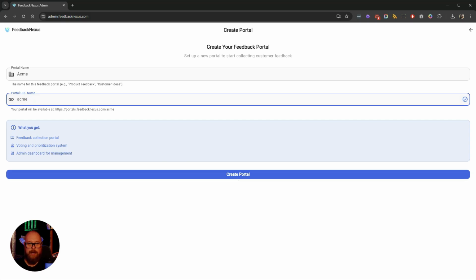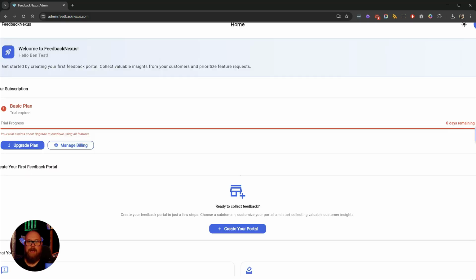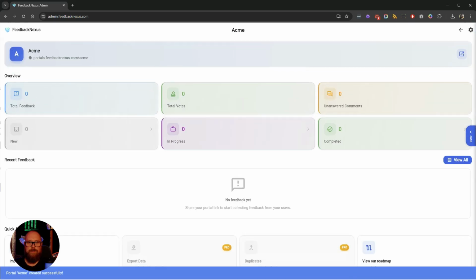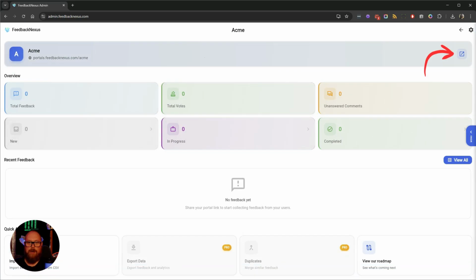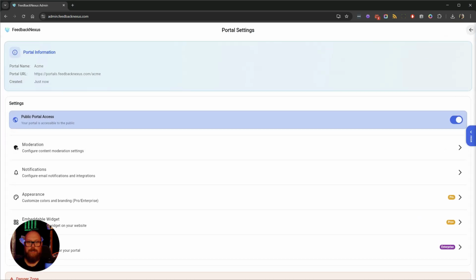Once created, click on your portal and you will be taken to the portal dashboard. To view your public portal, click the link at the top and a new tab will open. This is the URL your customers will interact with your portal. To view and edit your portal settings, click the gear icon at the top right and you will see various